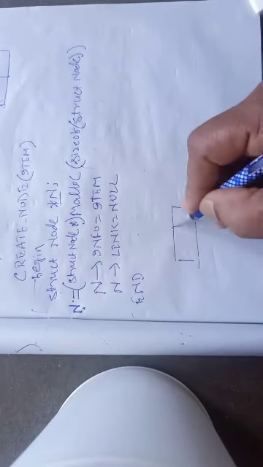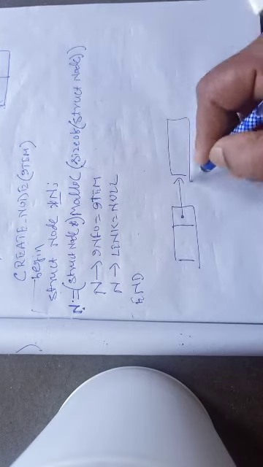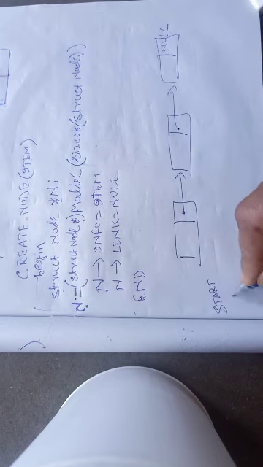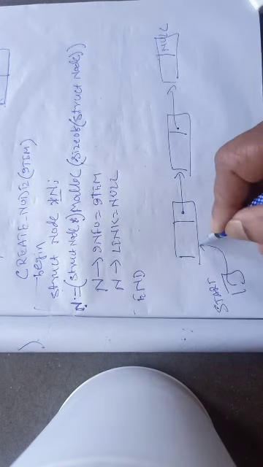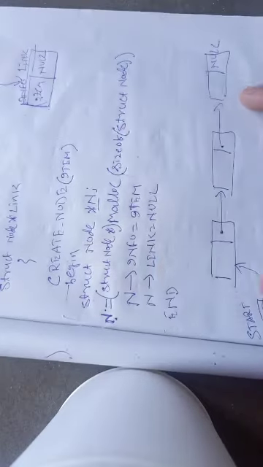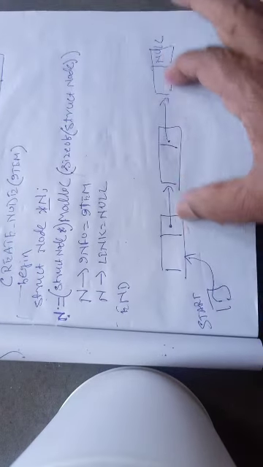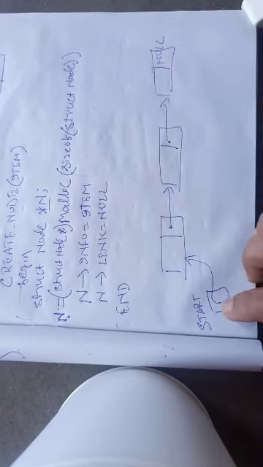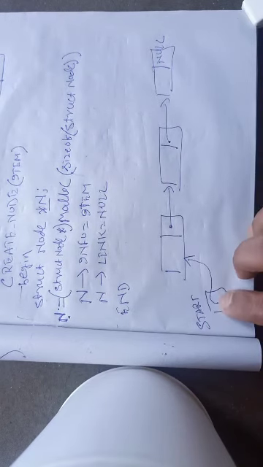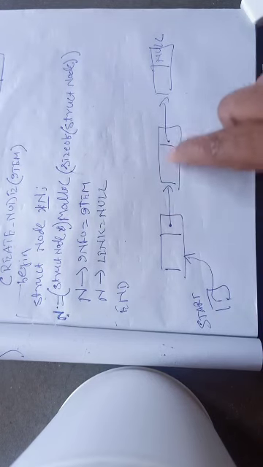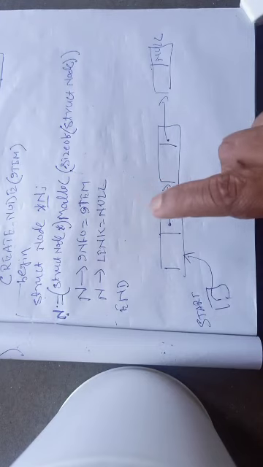So suppose this is my first node, then it should point to another node, then it should point to another node, and so on, and it could be the last node. So this is how we can create a linked list. And we also need a variable start where we should store the address of the first node. These particular steps will create just a single node, but our objective is to create a complete linked list having a pointer variable start that should contain the address of the first node, and there must be some other nodes, and each of these nodes must contain some data in the info part and must contain the address of the next node.